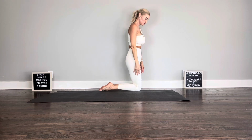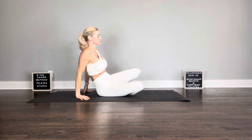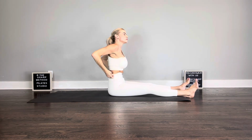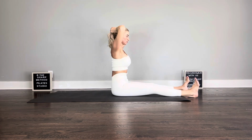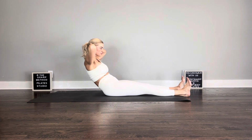Okay, now we have the neck pull, which is a harder version of our roll up. So if you struggle with the roll up, full permission to play with the roll up here. If you struggle with that, check out my tutorials and my other beginner classes where I give you a half roll up option. Flex the ankles, interlace the hands behind your head, and then let your ribs, they're gonna wanna